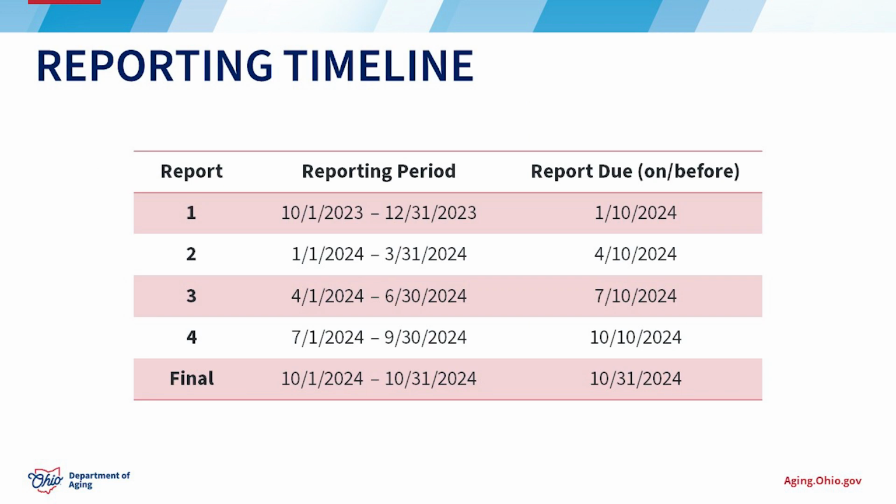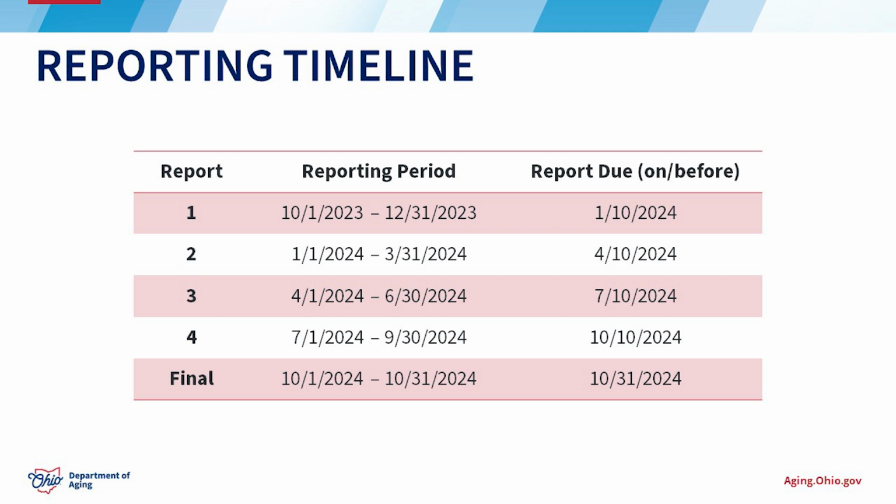Listed on this slide are the quarterly report due dates. You will want to take note of the report period associated with each report due date. You'll notice that the quarterly reporting periods have been updated just slightly. Reporting periods are no longer cumulative, but rather include a 3-month period of time. All grant points of contact will receive an auto-generated reminder from the Ohio Grants portal before quarterly reports are due. These reminder emails should be sent 1 day prior, 7 days prior, and 14 days prior to each report due